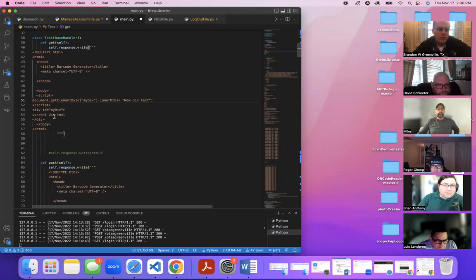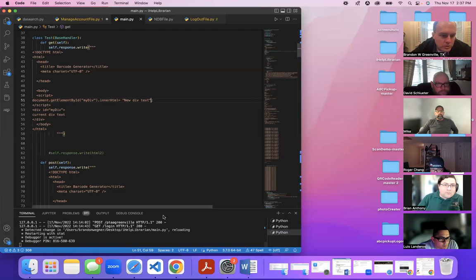So we're telling it, okay, get this div right here and change the innerHTML to new div text. So now if we go to that page,